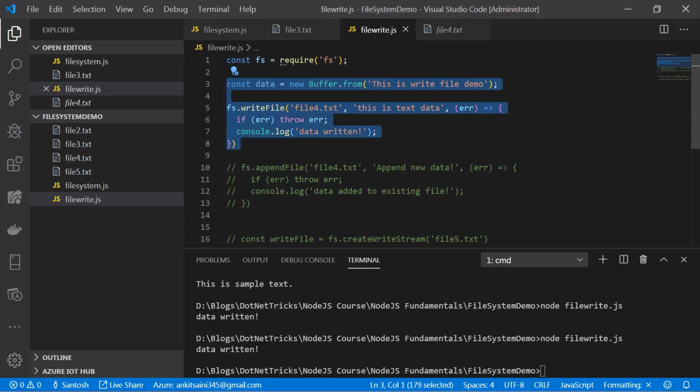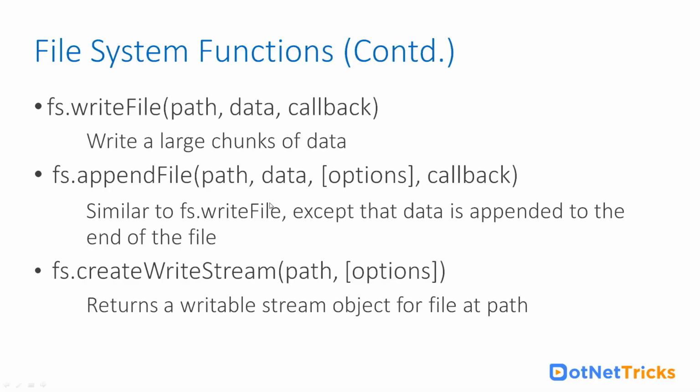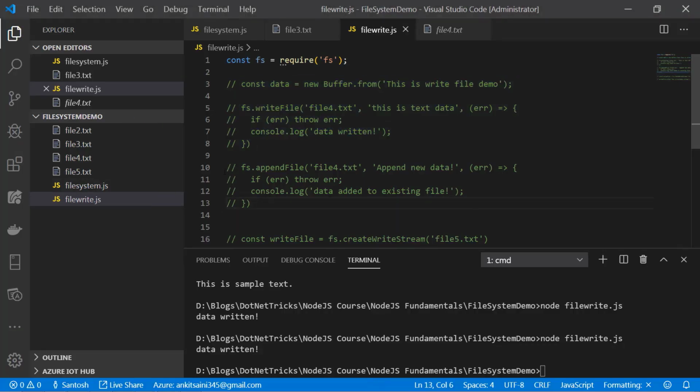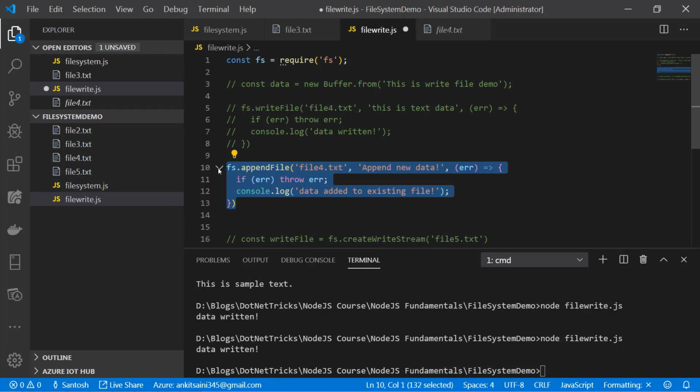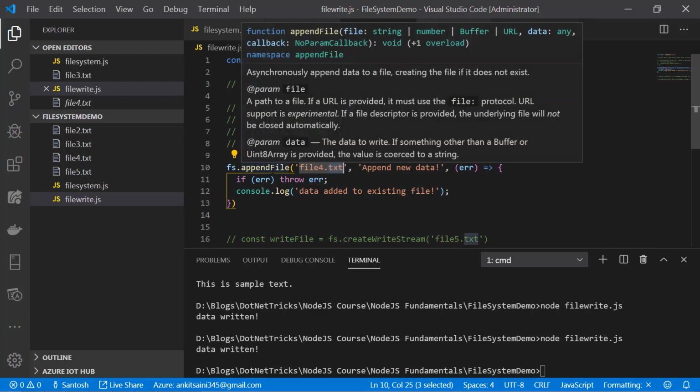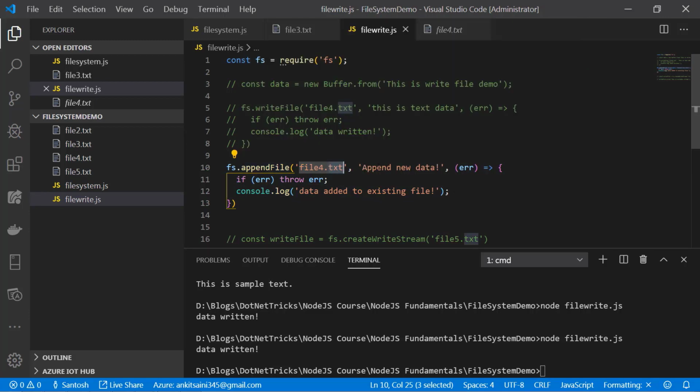For the next example, or the next function which we are going to discuss is appendFile. It appends the data at the end of the file. So this is what it does. We have to make sure that this file exists. Then file4.txt, which is the first parameter, and then the next parameter is of course your data, which can be type of any. Either I can go ahead and use buffer,